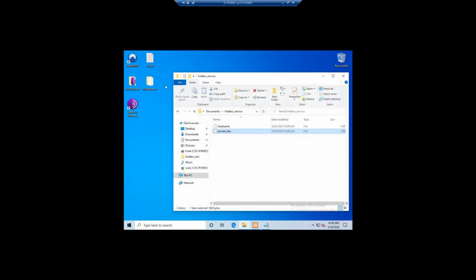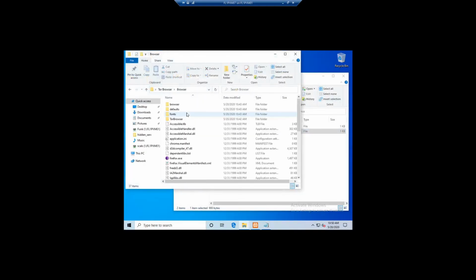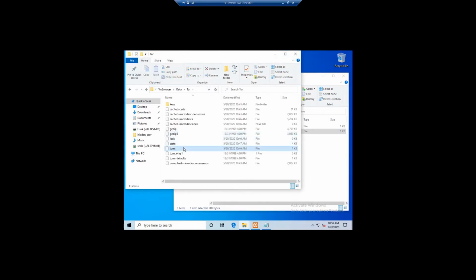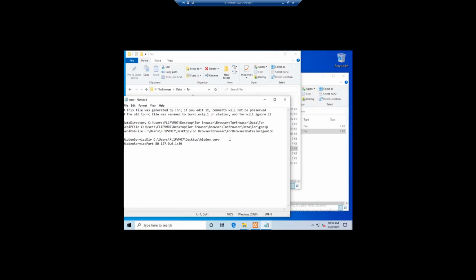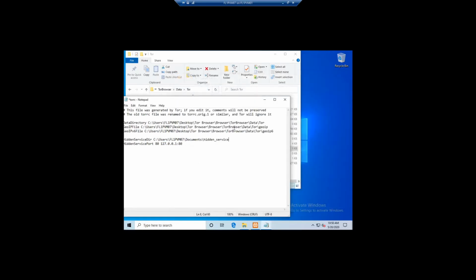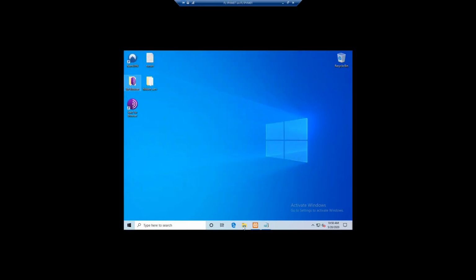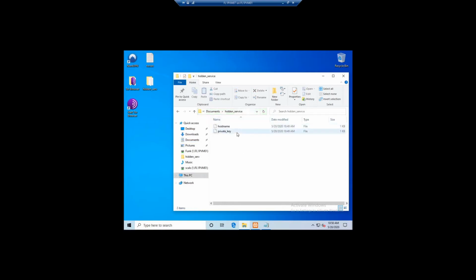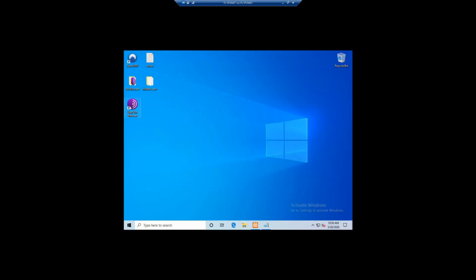And once you have both of these saved, now what you can do is you want to go back to the torrc file. So we're going to go browse, Tor Browser, Data, Tor, open up our torrc, and what you'll do now is you want to change the hidden service directory. So if we open up here and we copy this directory and we paste it in here and save it, now Tor is going to look for this directory with our key and our host name inside of it. So if we start Tor,